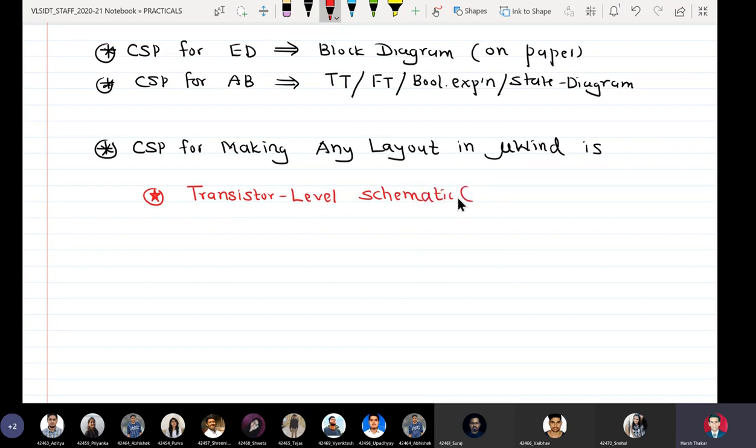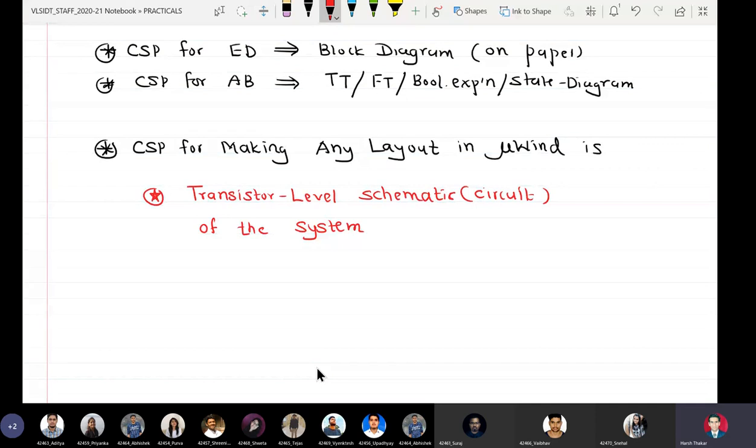Another name for schematic is circuit. So the transistor level schematic of the system, and this system can be a NOT gate or an AND gate or a NOR gate.